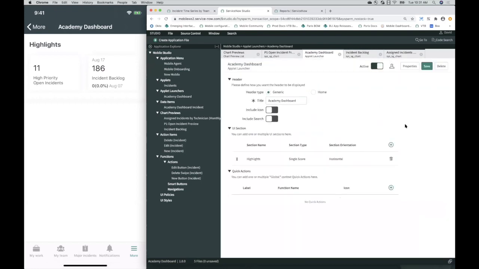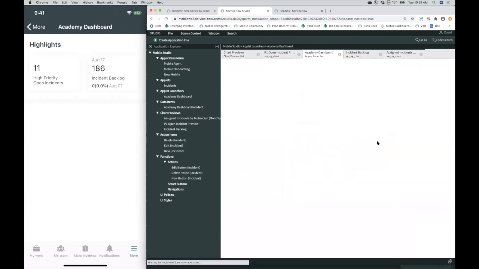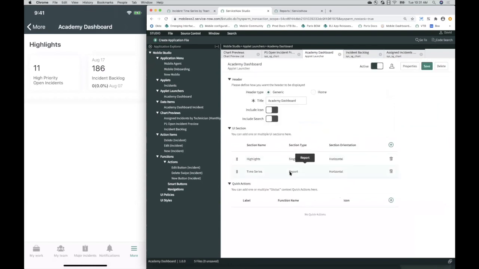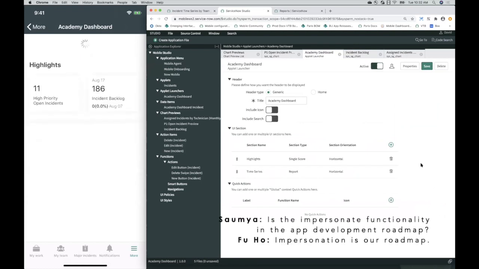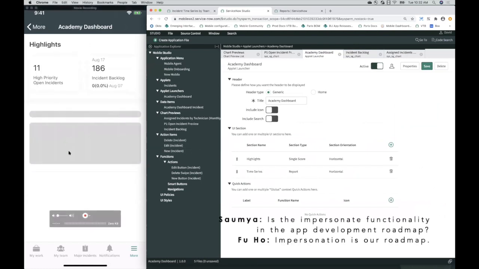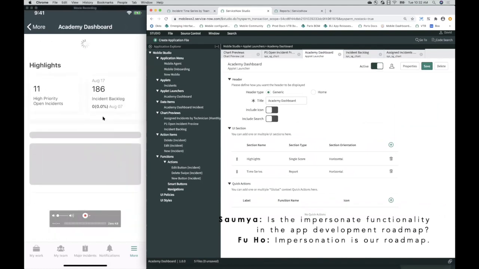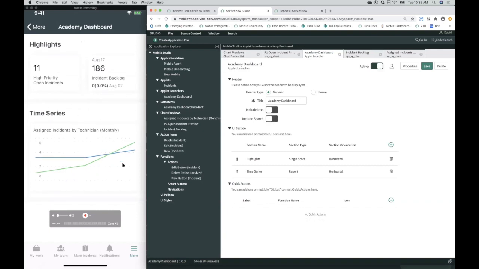And then we'll save. I think it's having a caching issue, so we'll do a reload frame. And then I should be able to see my time series report. We'll bring that over and then we'll click save. Now if I do a refresh on the mobile app, give it a second to load. And there I can see my time series report. Okay. So now I have my manager dashboard of my highlights. I have my P1 open incidents, all of my incident backlog, and then incidents that are assigned by different team